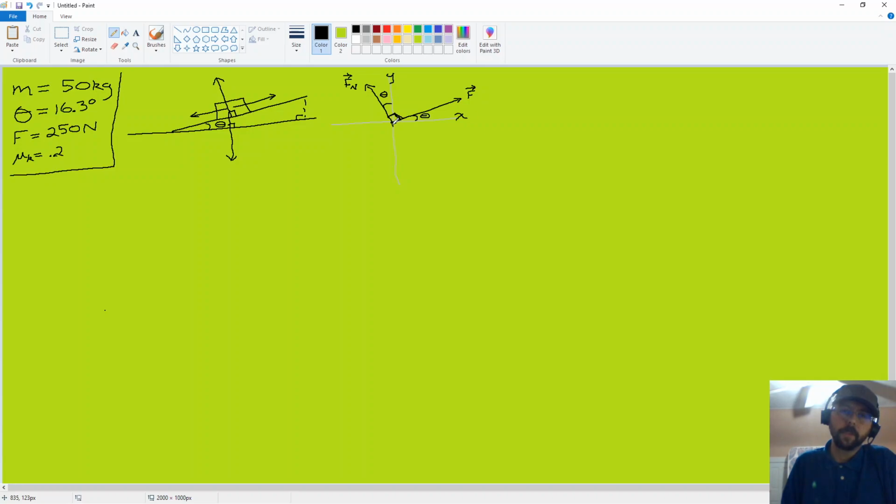The force of gravity acts straight down. Force of gravity. And the friction force is parallel to the pushing force, kinetic friction, given in the problem, which makes this also theta. So